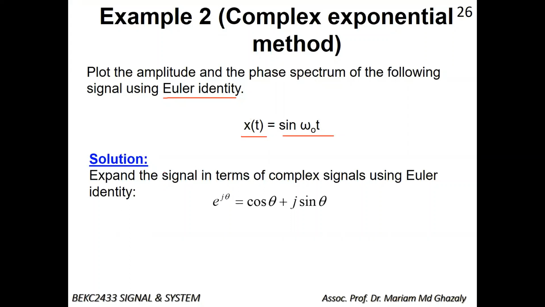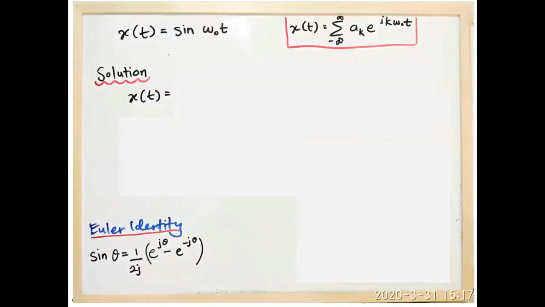What you need to do for this example is first expand the signal in terms of complex signals using Euler identity. You know that Euler identity is given by e^(j theta) equal to cos theta plus j sin theta. Let's look at the solution for this example. You have signal xt equivalent to sin omega t. The solution is that we are going to use the equation xt equal to summation of a_k e^(j k omega t). So by using Euler identity,